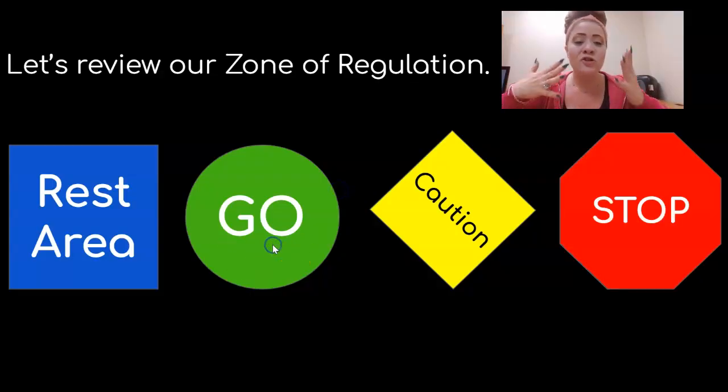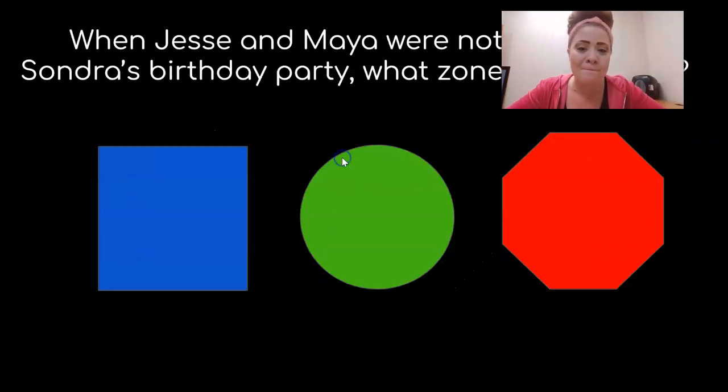The next zone is your red zone. This is your highest state of alertness. Your heart is the most elevated. You could be angry, terrified, or feeling rage in this zone. It is okay to be in the red zone sometimes, but it is important when you're in the red zone to use your tools to find your way back into the yellow, green, and blue zones.